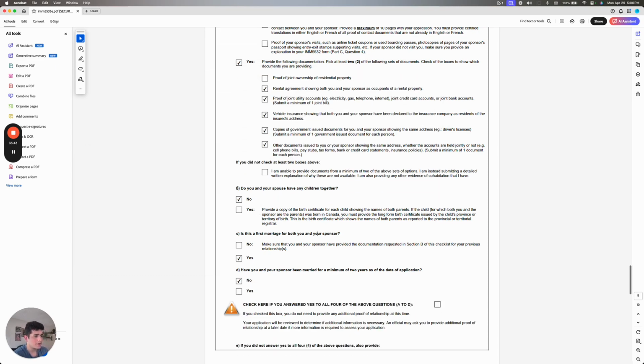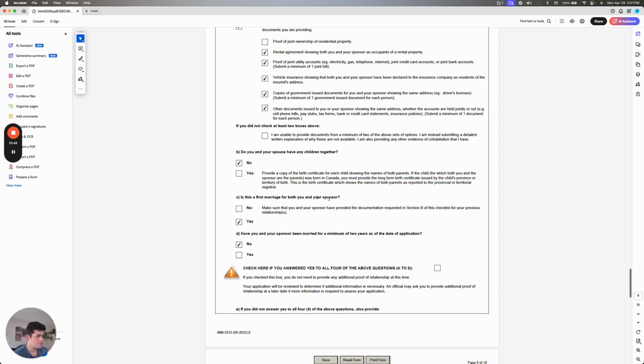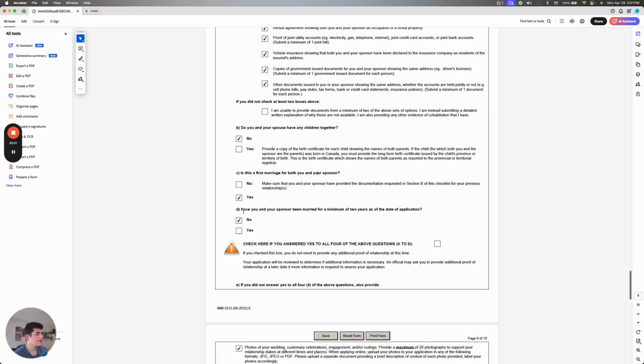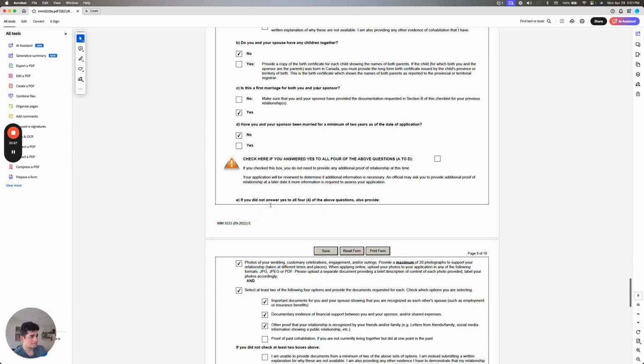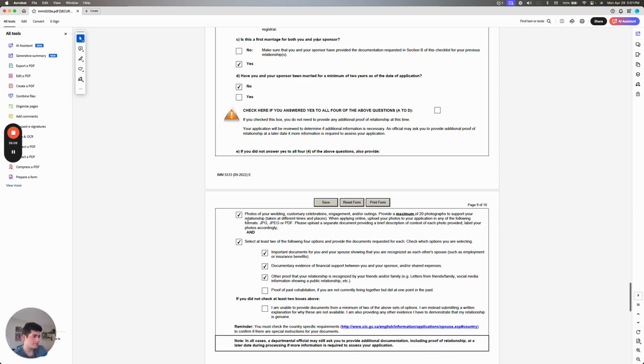Then we have, do you and your spouse have children together, which was no. Is this the first marriage for you and your sponsor? Yes. Have you and your sponsor been married for a minimum of 2 years as of the date of this application, which was no for us. So since it was no, and since it says check here if you have answered yes to all of the questions, but if you have not answered yes to all of the questions above, please provide these additional documents also,